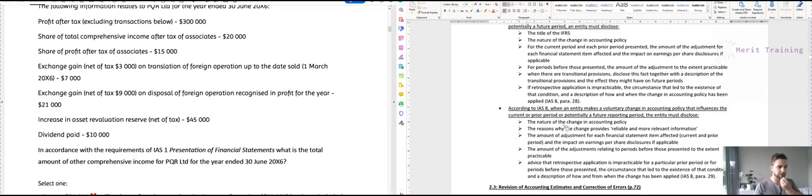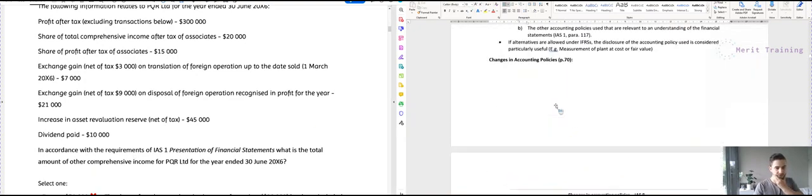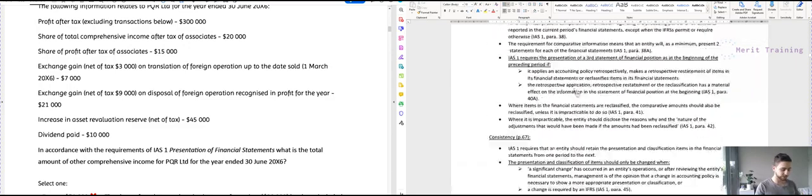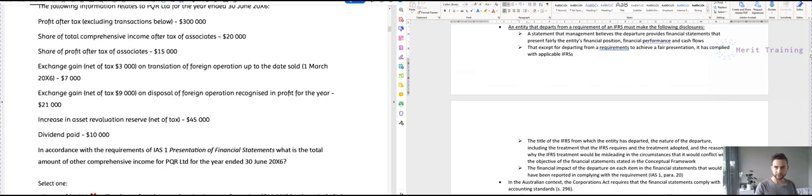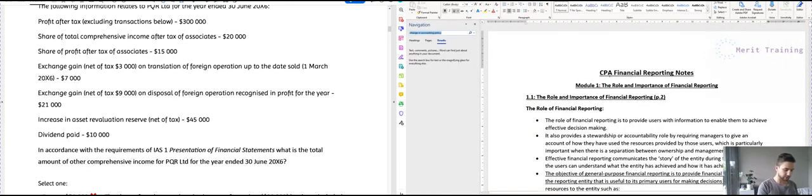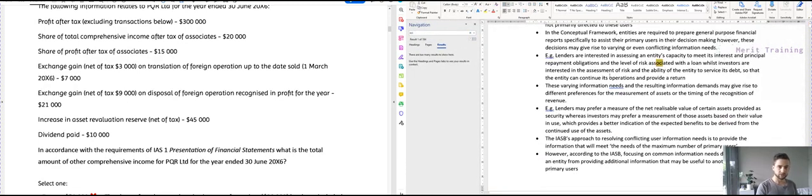Okay, so for this we need to know what is other comprehensive income and what's included in other comprehensive income. So let's do a quick Control F for OCI, or maybe I should do other comprehensive